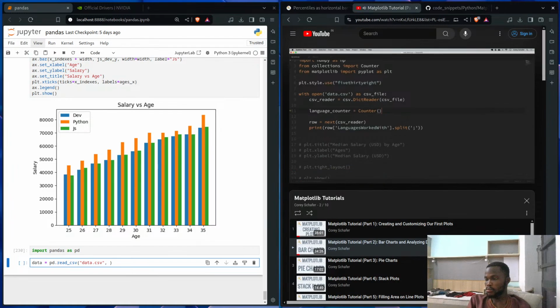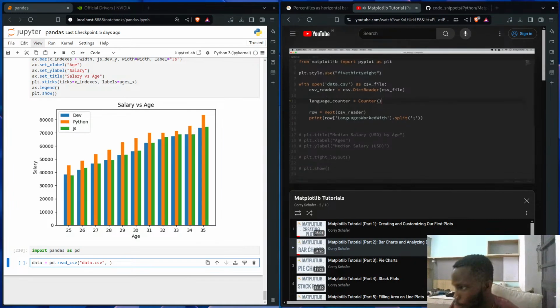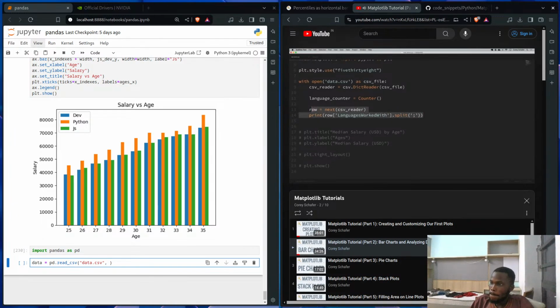So right now we only have the data for a single row, but we want to grab the exact same list of languages from every row. In order to do this, we can copy what we've already printed out here. This big long thing is what got us that list of languages from that single row. So let's copy that, and now we can loop over all of the rows of our CSV data and update